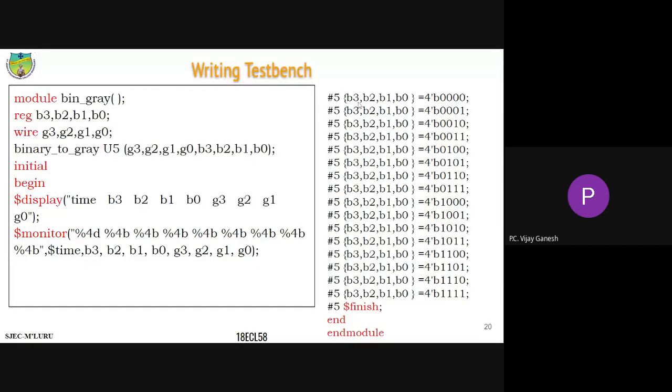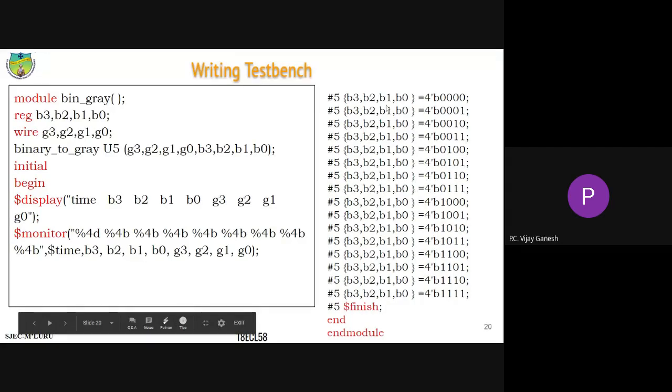Instead, we have written a single line and we are told 4'b0 is equal to 0. So automatically the concerned values are allocated to B0, B1, B2, B3. Don't change the order. For example, if you write B0, B1, B2, B3 instead of B3, B2, B1, B0, what happens is you are reversing the values. Then you will get different answers. All the logic will change there. Instead of following a 0, 1, 2, 3, 4 manner, you will have a different order.